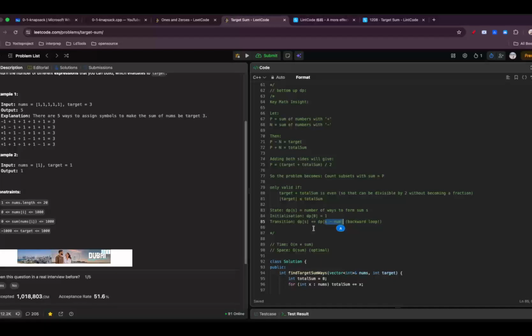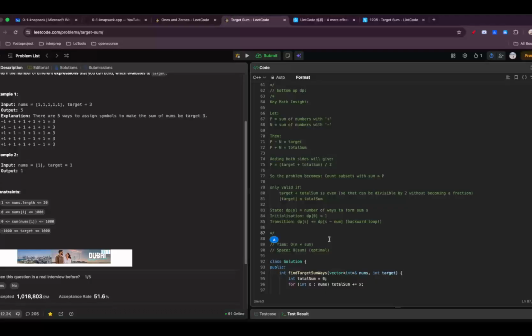That is how our transition changes, and this gives us the answer for adding and subtraction anyhow. So two subsets get created, one of the positives and one for the negatives, and now we are just